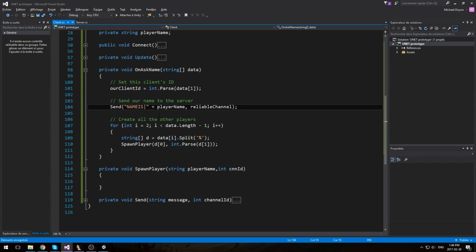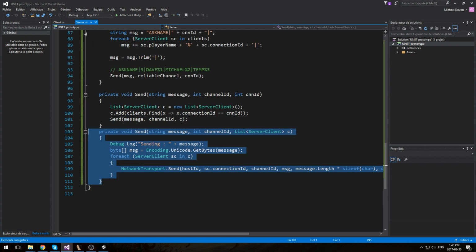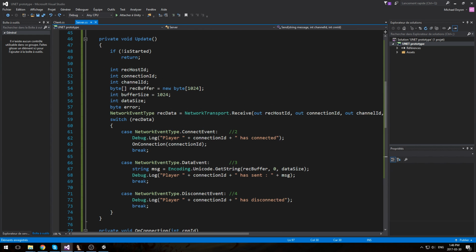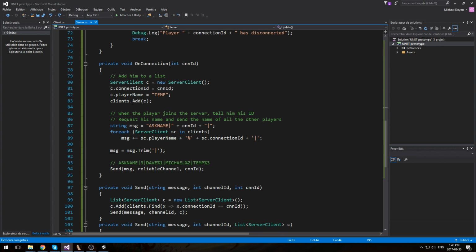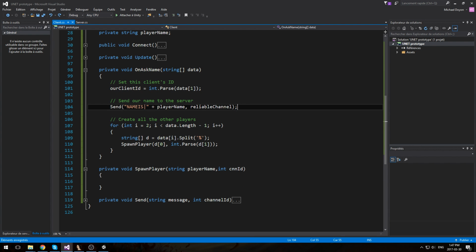Okay, if you're following right now, you know that as soon as we connect, we're triggering this function, the onConnection function. And then at this point we fill in some information on the server side, that's cool, but then we send the ask name message. The ask name gets in here,